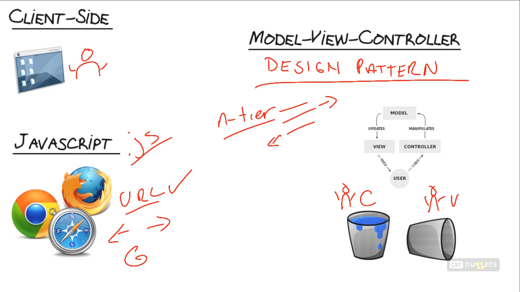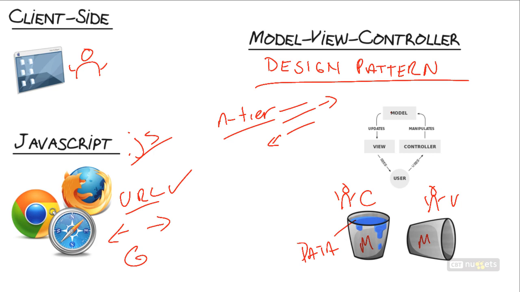So take Charlie, your controller. That's responsible for program logic and program flow. It's scooping up the bucket of water and handing it off to the view. And the view is responsible for dumping that bucket of water out on the screen for the user to see. In this little analogy here, the bucket is actually the model, and the water is the data. And that's how you split out the responsibilities for each of these pieces of code